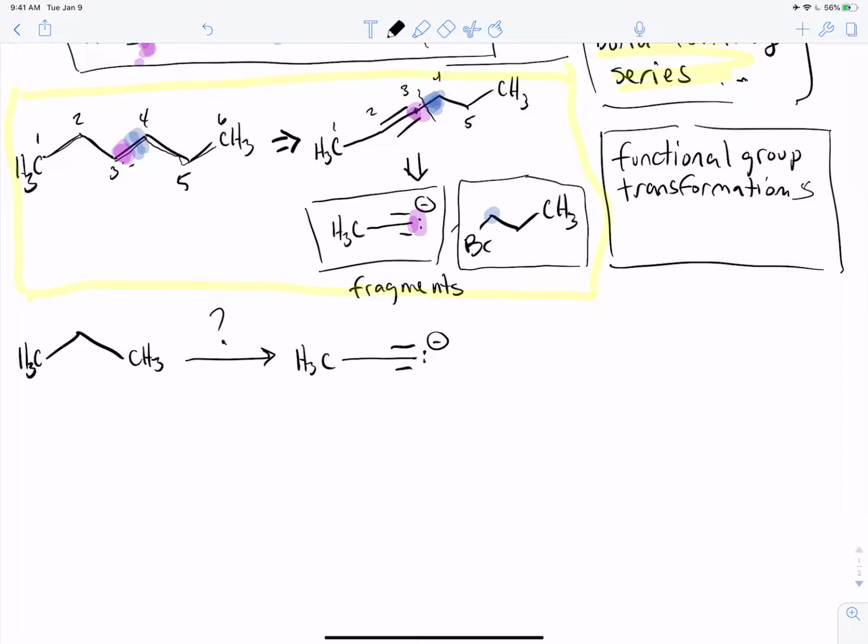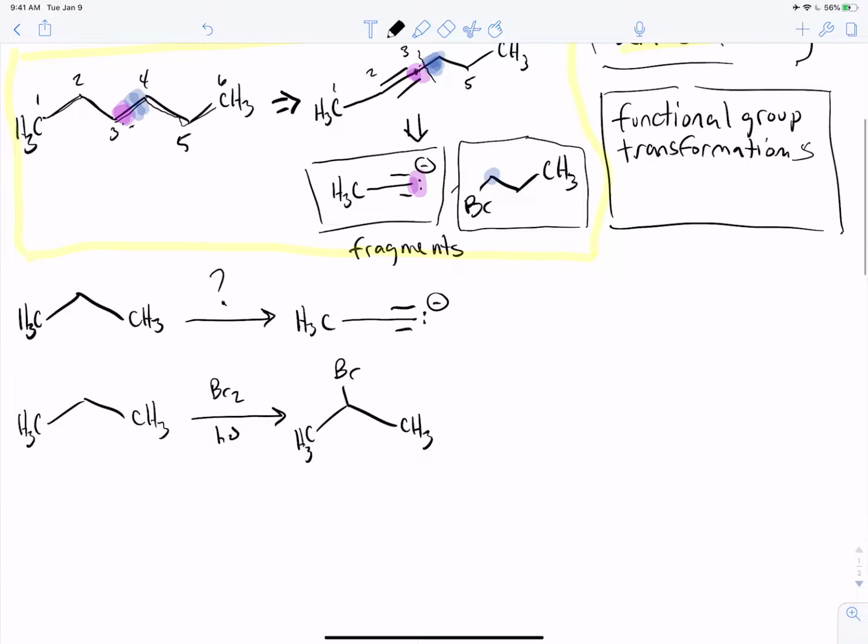So let's see. My first reaction I know, because it's literally the only reaction that I know. For an alkene, if you look at your flashcards or if you have your reactions organized, the only thing you know how to do with an alkene is take this, add in some light and some bromine, and I get this out of it. Okay? Now there's no